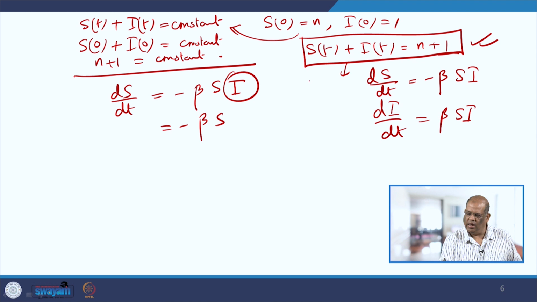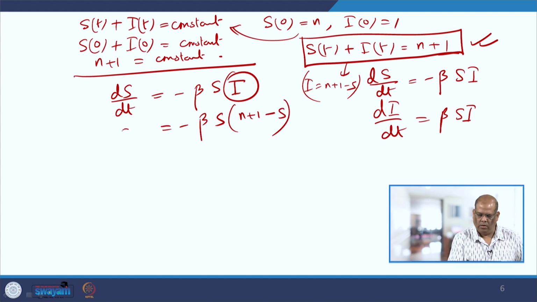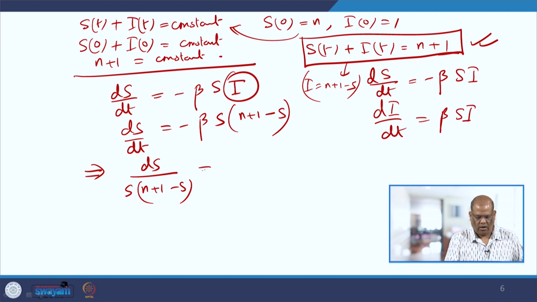So, I is n plus 1 minus S. So, this I will put here, n plus 1 minus S. This is ds/dt. Separation of variables will give me ds by S (n plus 1 minus S) equal to